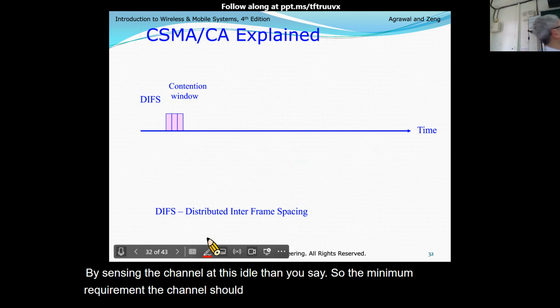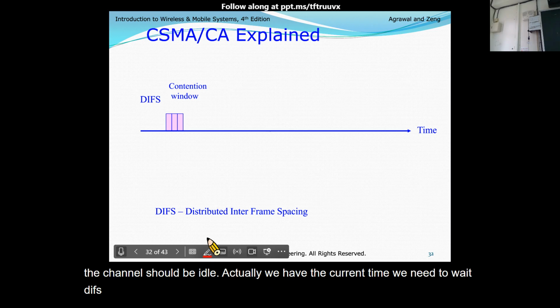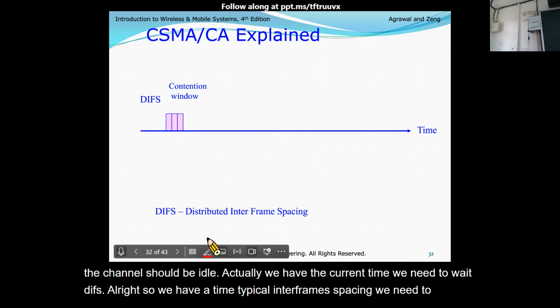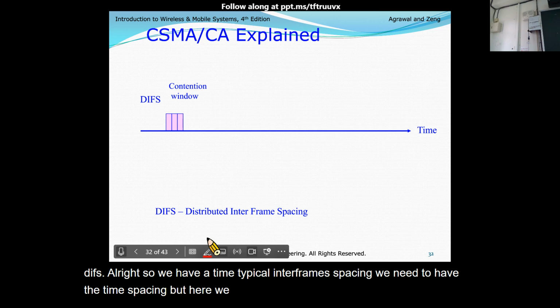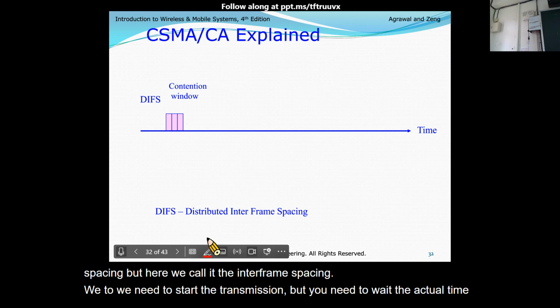But actually, we have the current time. We need to wait DIFS. All right, so we have a time period called interframe spacing. We need to have the time spacing, but here we call it the interframe spacing. We need to start the transmission, but you need to wait the actual time. It's called the DIFS.